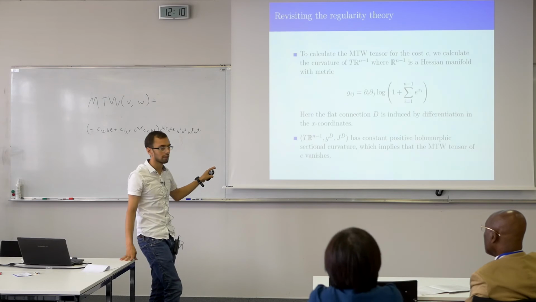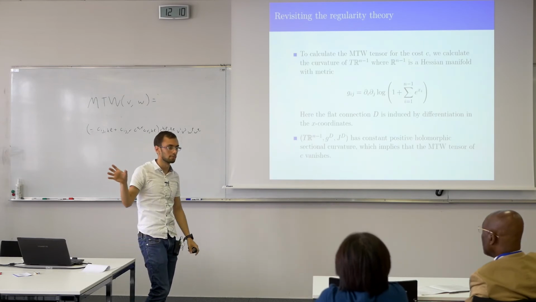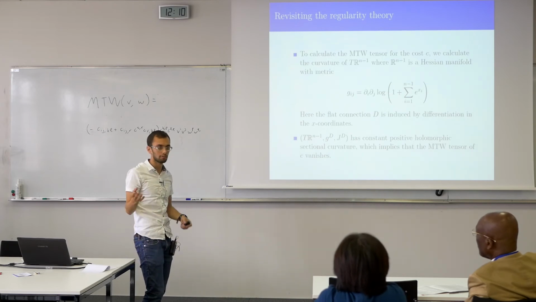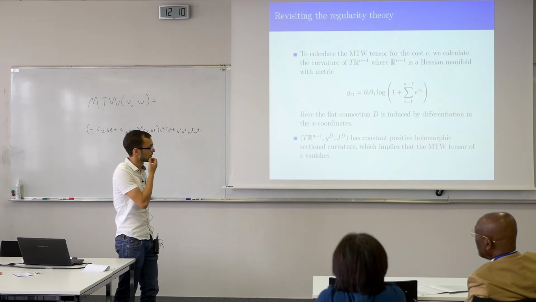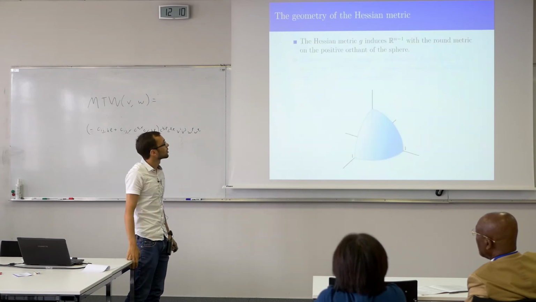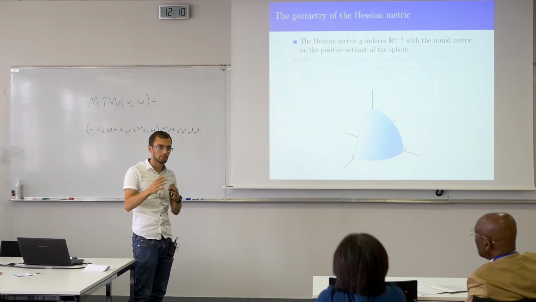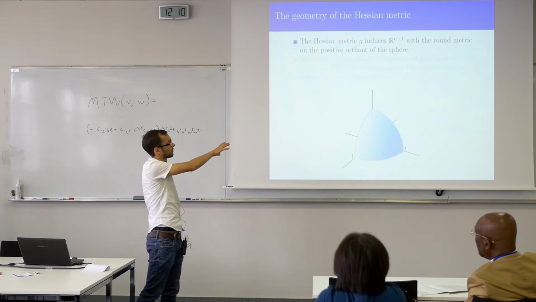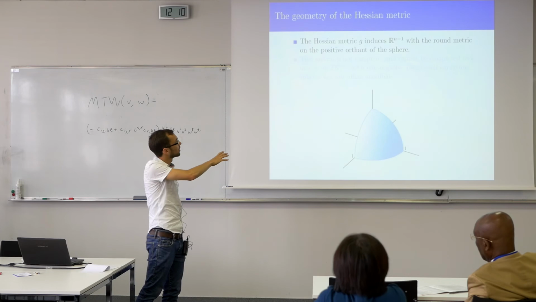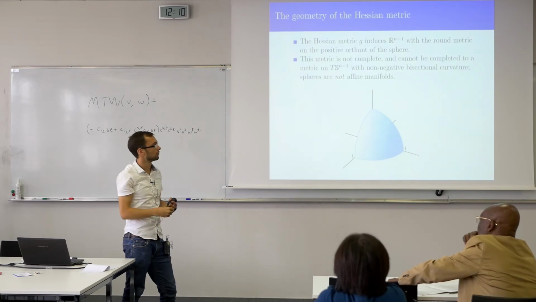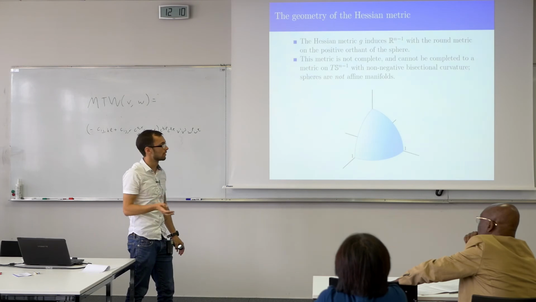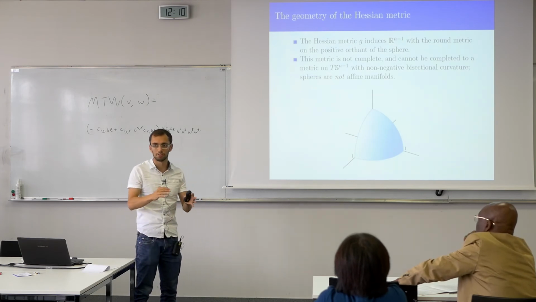corresponding MTW tensor vanishes. I'm not going to go into so much detail because this was mentioned in the previous talk. This is an equivalent way of writing the result that the MTW tensor vanishes. Just to give some geometric intuition for what the Hessian manifold actually looks like, it's the round metric on the positive octant or orthant of the sphere. It's not complete. It's bounded, and you can't complete it to a metric on T S^(n-1) because spheres are not affine manifolds. So there's really some kind of